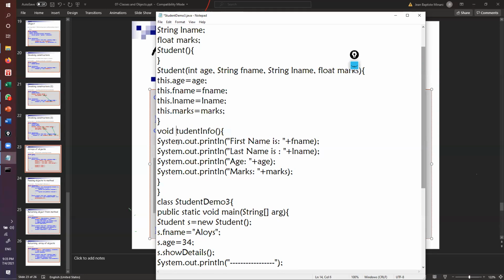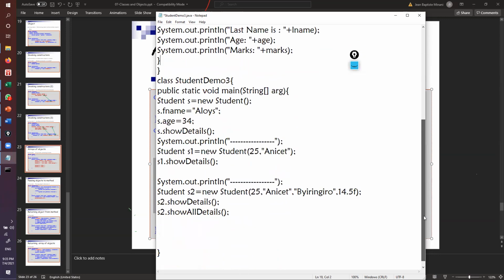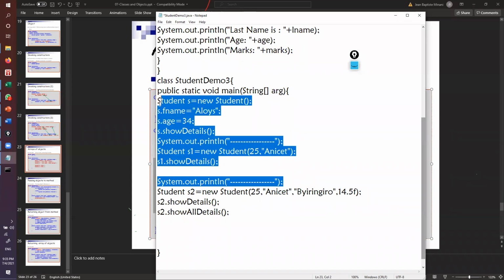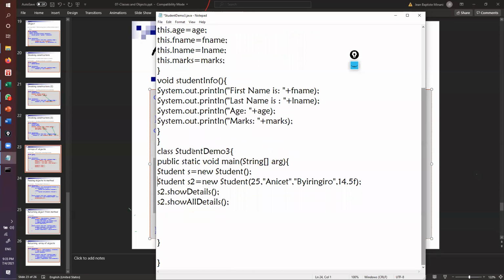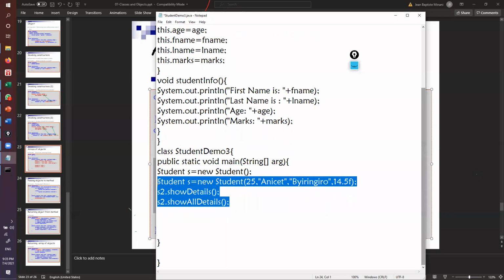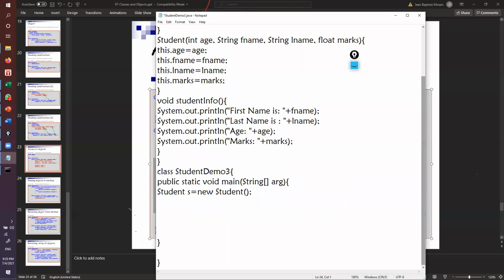Student info method, I think naming can be like this one. So now let's say you are going to create a collection of students, a list of students, not just one student. So I don't need S2, so I can remove this one. I can remove all other details like here. So what I do here, I make it as an